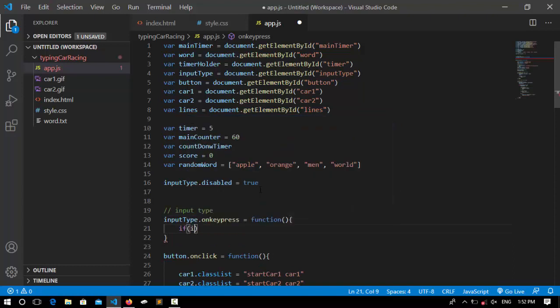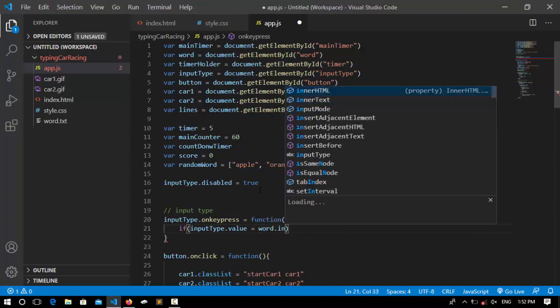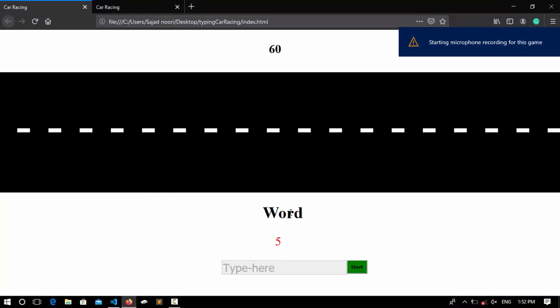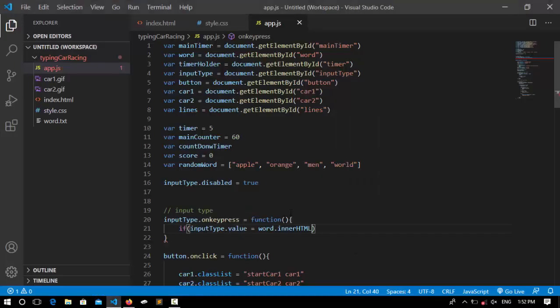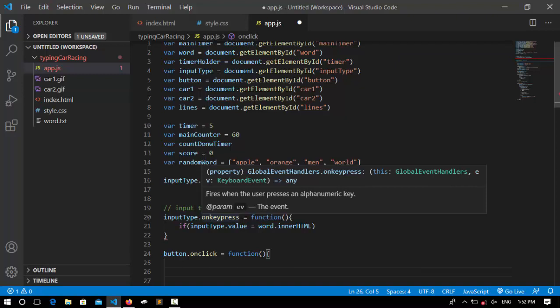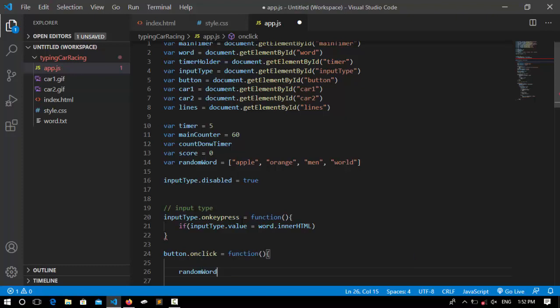First of all, check if the input type value was equal to the inner HTML of the word. So I say word.innerHTML. If you didn't know what the word innerHTML is, this is the word, and its innerHTML is the value that we generate randomly. And actually we have to generate a random word when we collect the classes. So here I'm going to generate a random word. How can I do that? So here I say a random word